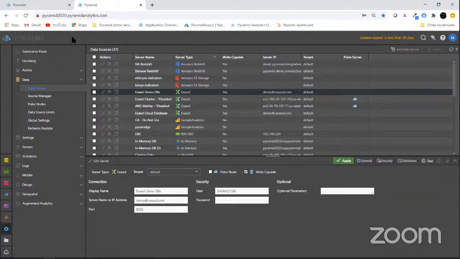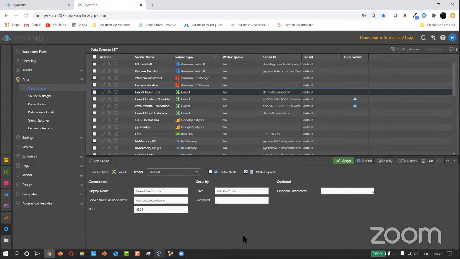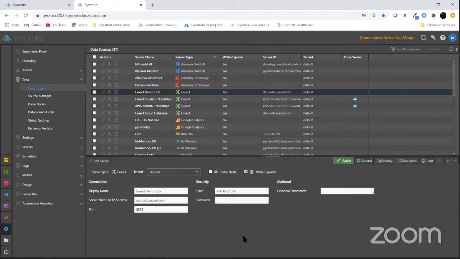And just on that point, you can see here actually, this is our standard demo server, and we already have a connection into the cloud demo environment that Carsten was talking about here, the demodb.exasol.com. So again, if you want to set that up, you can. In terms of Pyramid, again, you can download Community Edition from our website. That's probably the easiest and quickest way to get started. And once you've got that installed, again, you'll need to get a connection and a login from Exasol, but then you can set up a connection directly to their server if you don't want to download and install that yourself.